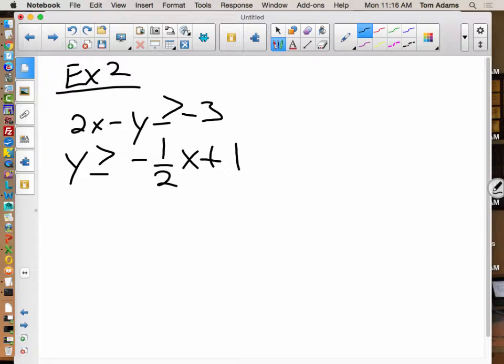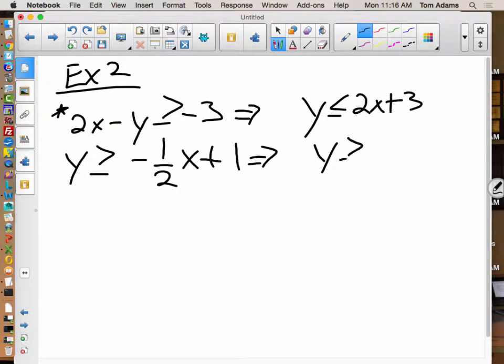Okay. Now if I take this first equation and I solve for y, I get y is less than or equal to 2x plus 3. And then this one is already written in that way. It's written as y is greater than or equal to negative 1/2 x plus 1. All right. Now, I'm going to sketch this, then we'll do it on a graphing calculator and see how accurate we are. If I were to graph this,